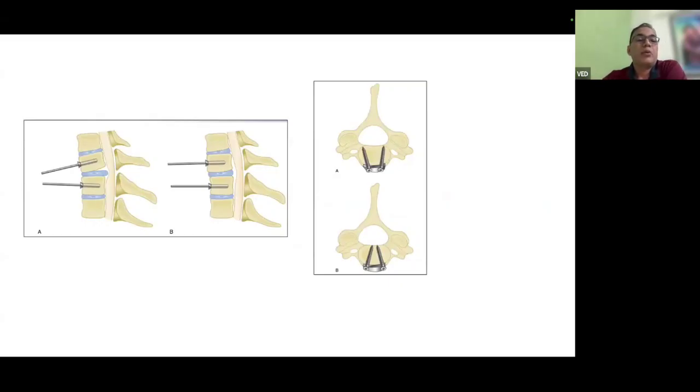Pins are inserted in the vertebral body to decrease the kyphosis, remove the disc, and relieve the compression over the spinal cord. The second image shows divergent and convergent screw placement in the anterior cervical vertebra. Generally we prefer the convergent screw because divergent screws have some chance of injury to the vasculature, that is, the vertebral artery.